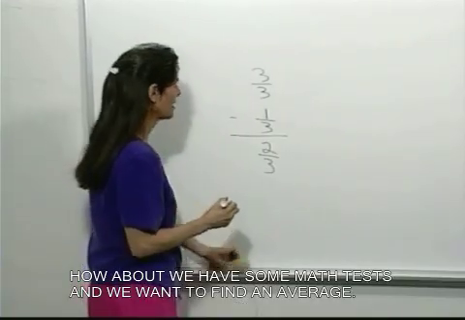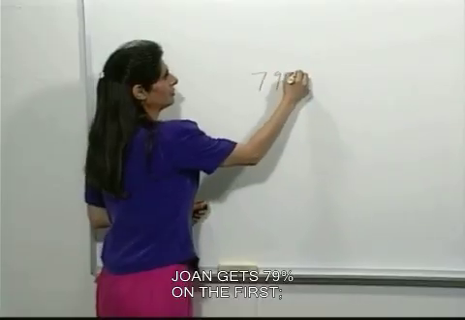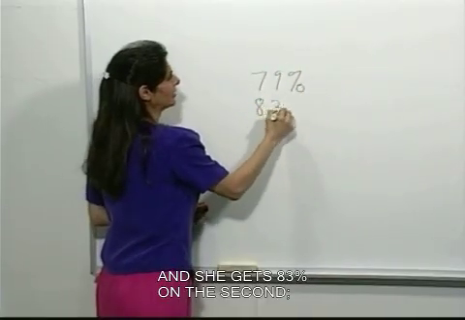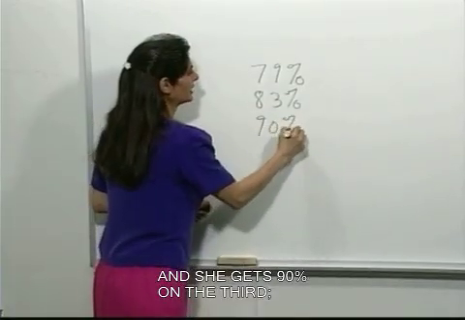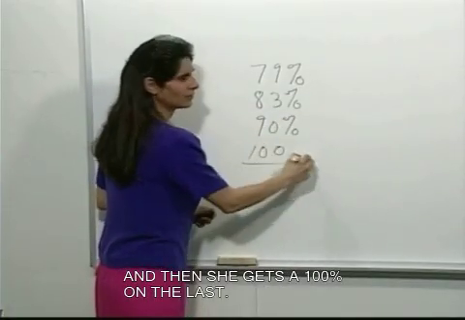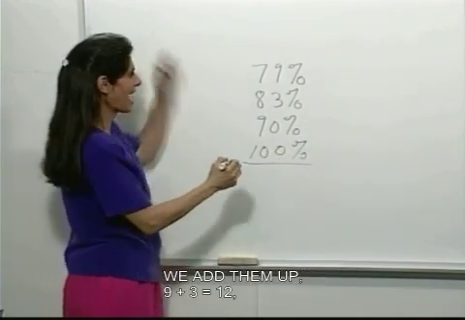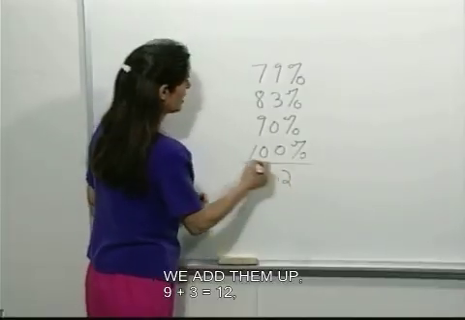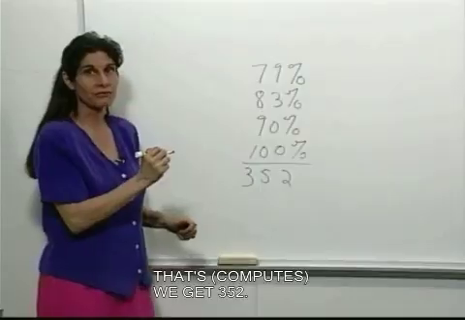How about we have some math tests and we want to find an average. Joan gets 79% on the first, and she gets 83% on the second, and she gets 90% on the third, and then she gets 100% on the last. Let's find her average score. What do we do? We add them up. 9 and 3 is 12, that's 10, 15. We get 352 points,